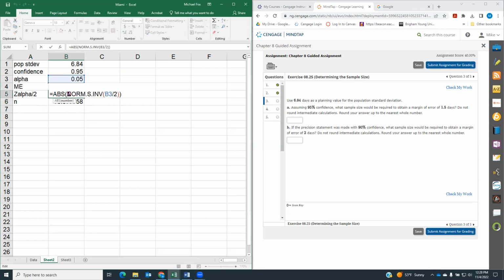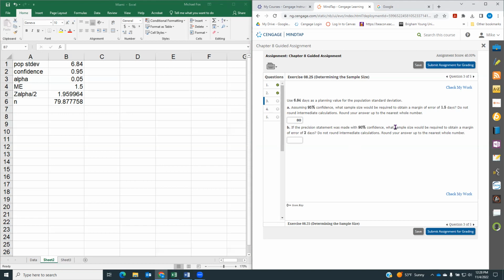So again, all we're doing here is taking our z-score of alpha divided by 2 and squaring it, multiplying that by our population standard deviation squared and dividing it by our margin of error squared. And we come up with 79.877. It tells us to round our final answer to the nearest whole number. So we're going to need a sample size of 80 to get 95% confidence with a margin of error of